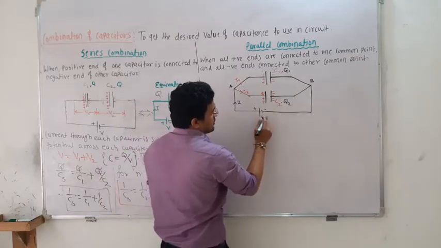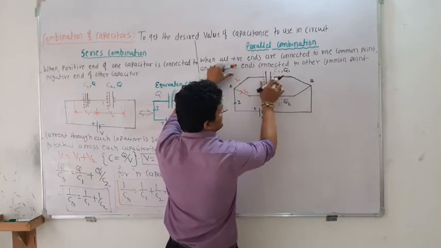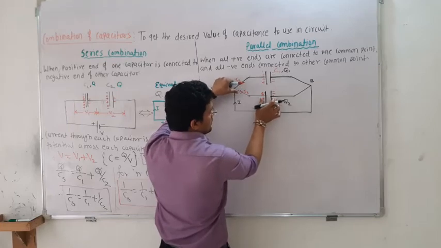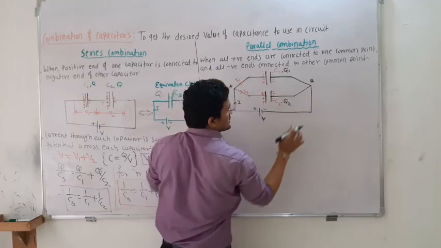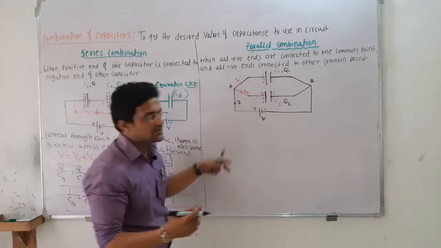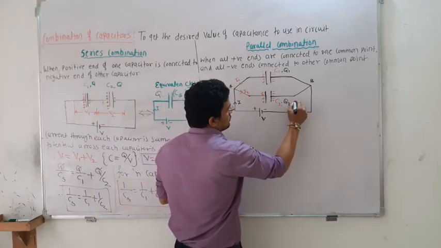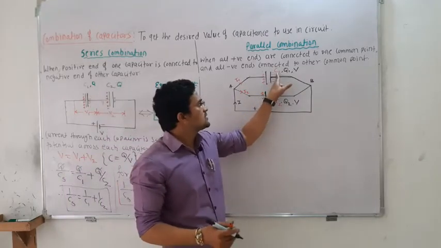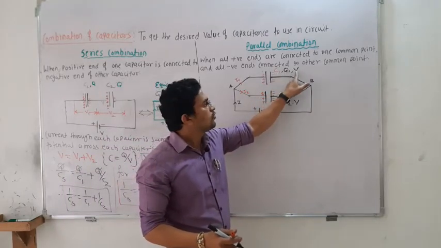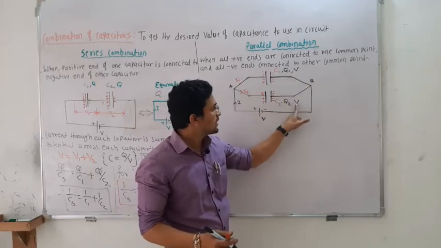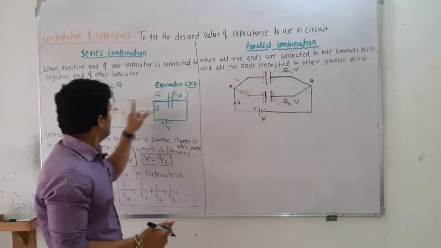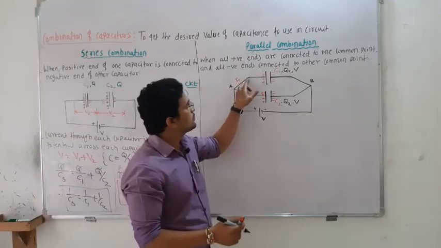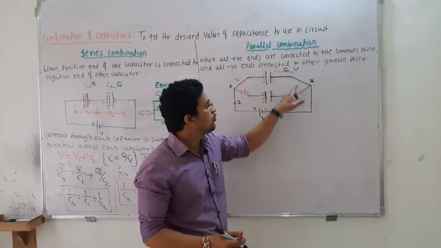Potential is same, because if you want to measure the potential across this capacitor, you have to connect here. If you want to measure the voltage across this capacitor, you have to connect it over here. So in both the cases the voltage will be same across each capacitor. This will be the voltage V, and this here is also voltage V. So capacitance C1, charge Q1, and voltage same in both the capacitors. Unlike the series case, where charge is same but voltage is different, here current is different, hence charge is different but the voltage is same.